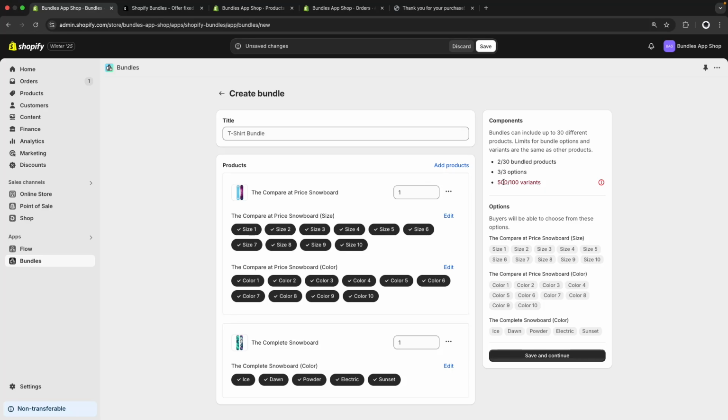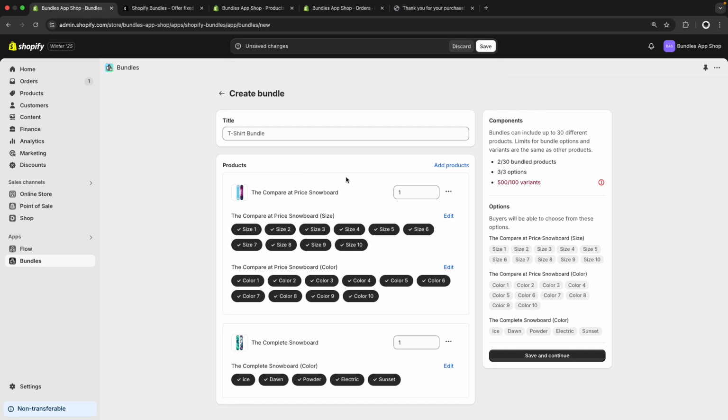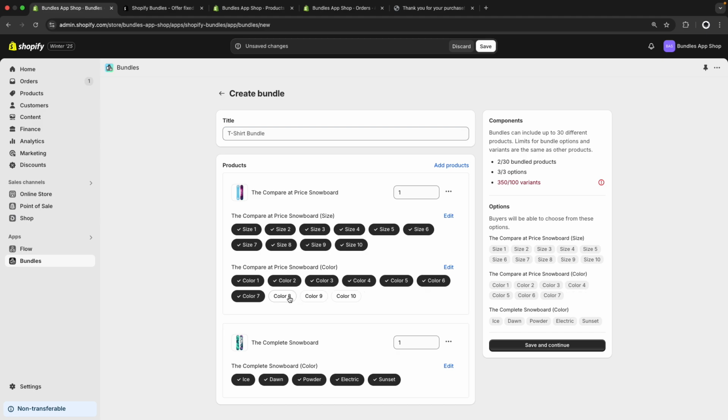But where does this 500 come from? Well, we have 10, 10, and 5. So if we multiply 10 times 10 times 5, we get this 500. We multiply them because these are all the possible combinations among all of these options that are possible in this bundle. So to reduce this number, we can just start unchecking a couple of these,